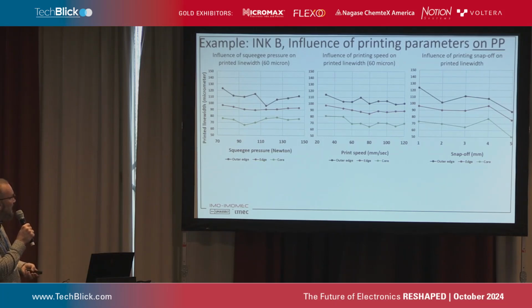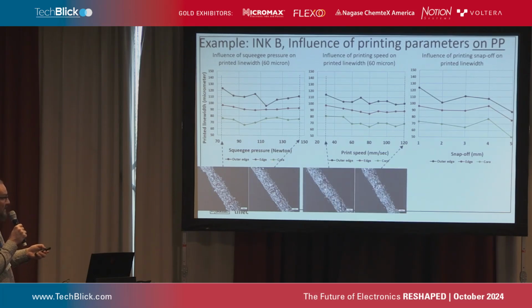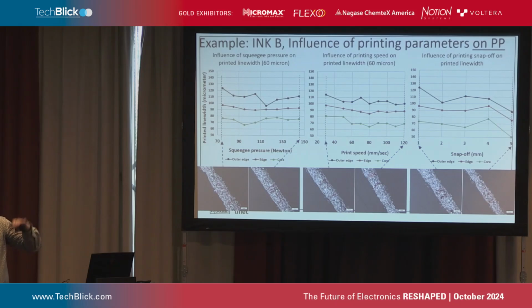Here, for example, an example of a certain ink on polypropylene, where you see that the influence of the different parameters of your screen printer are very important. Looking at squeegee pressure, you see that your printed line width changes depending on your squeegee pressure, where you measure at the edge or the outer edge and the core of the sample. So based on that, also the print speed is important, changing your line width, and also, of course, your snap-off distance between your substrate and your screen is important. So we optimized that